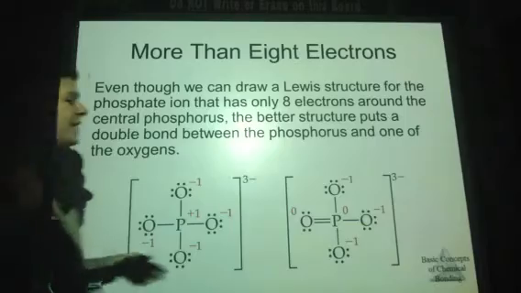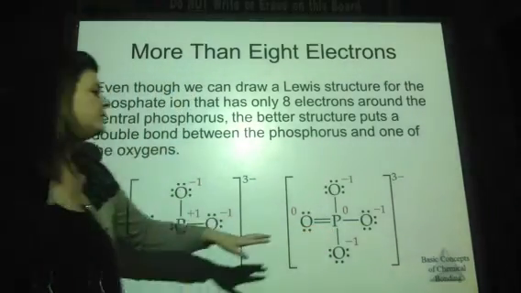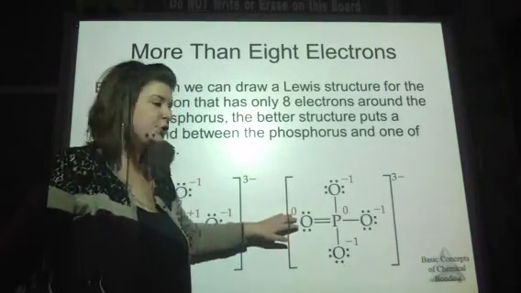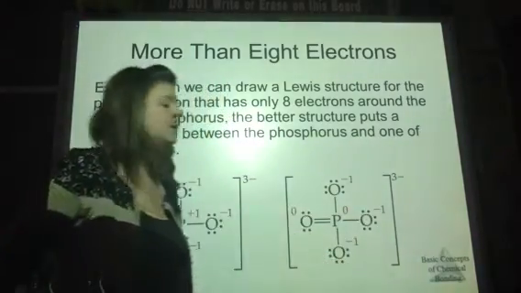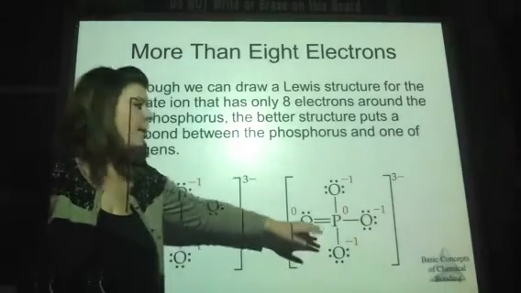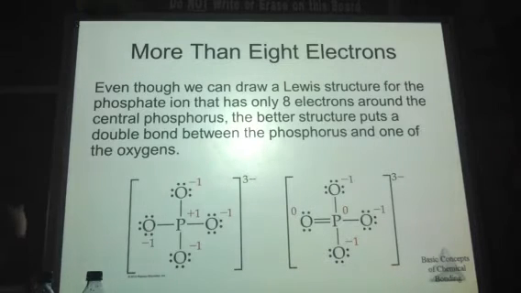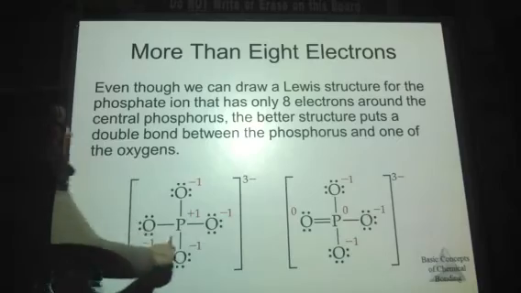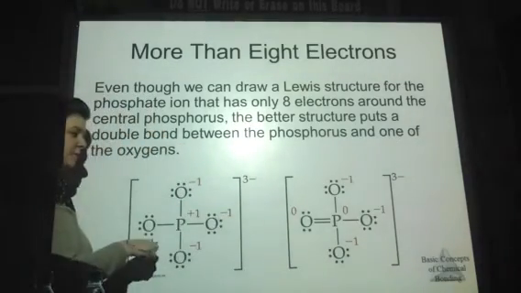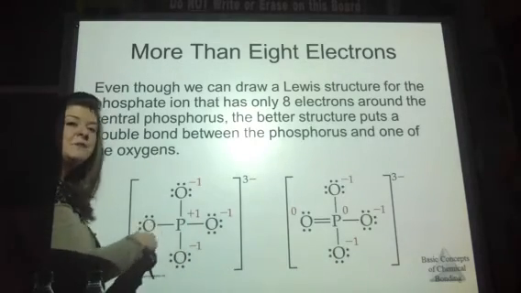Yes, you can. And that would be if we had a double bond to one of the oxygens. Then one of those oxygens would become a 0 formal charge. And then I'd have -1s on the most electronegative atoms in this one, which would be oxygen. It makes sense. This one is dominant because the central atom here is stable. So phosphorus would want to be hypervalent, meaning it wants to expand its octet. So this is the reason why formal charge is imperative. This isn't necessarily a wrong Lewis structure. It's just not the most